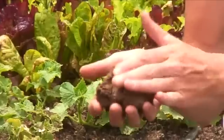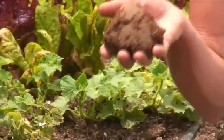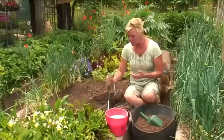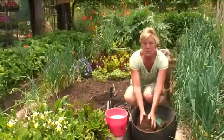I remember when we first started growing here and we'd walk down the rows and we'd actually get taller when we'd walk because of the mud would stick to our feet. So lots of work. So what we want to be adding to an extreme clay soil is, of course, lots